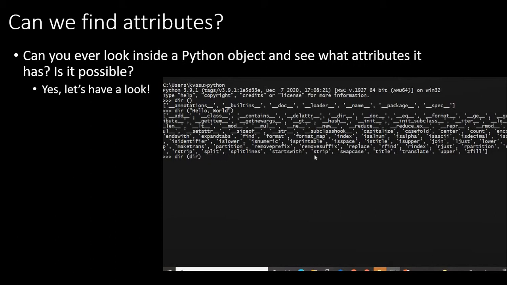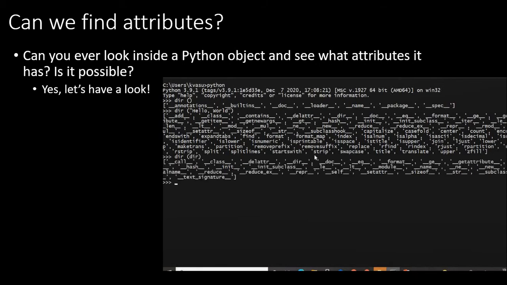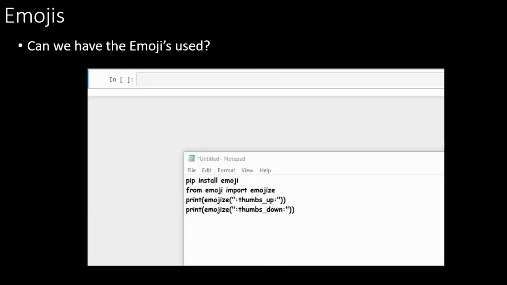It's pretty easy for somebody to do. So you try it out and it's interesting. This will be helpful for you. So we found the attributes, and that's interesting, isn't it?